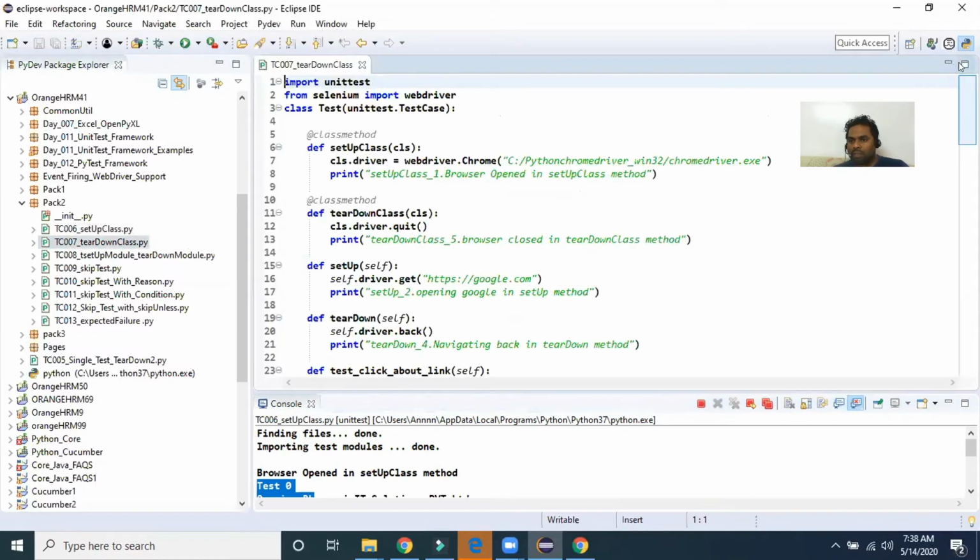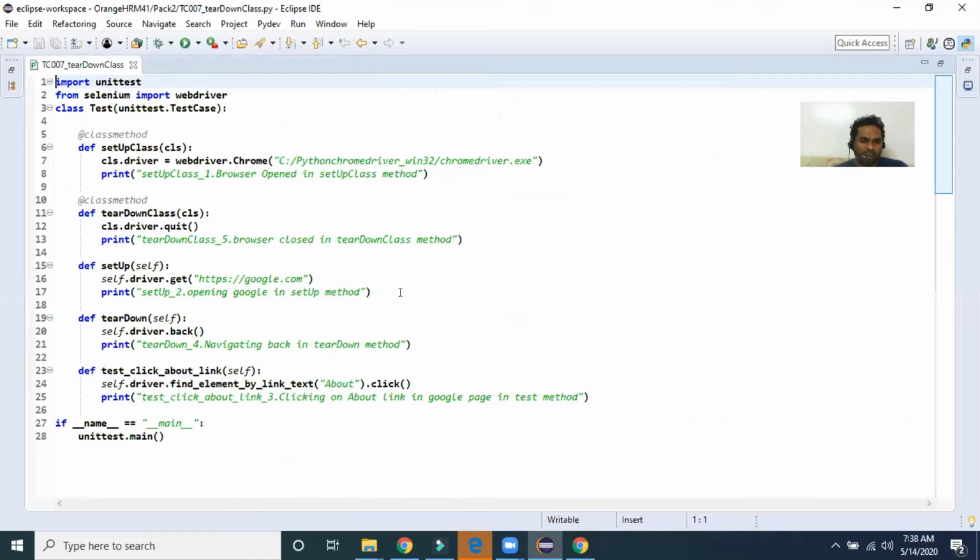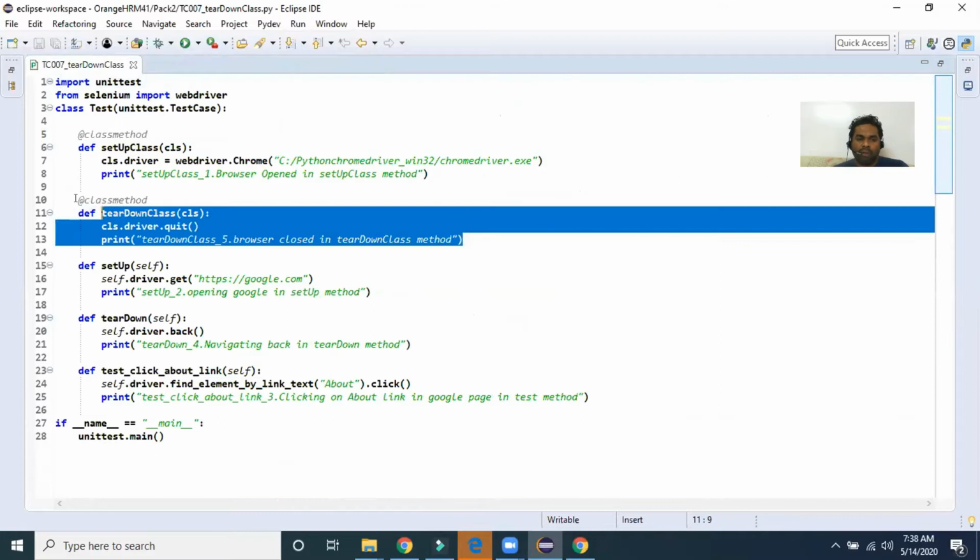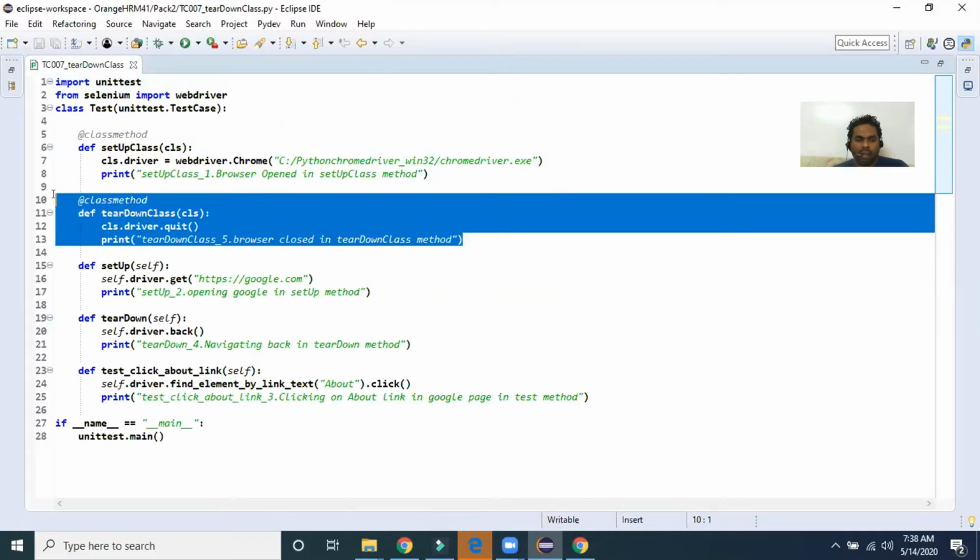tearDownClass. Previously we discussed setUpClass, and in this program I'm going to tell you tearDownClass. This will be executed once all the tests are executed; finally this will be executed.